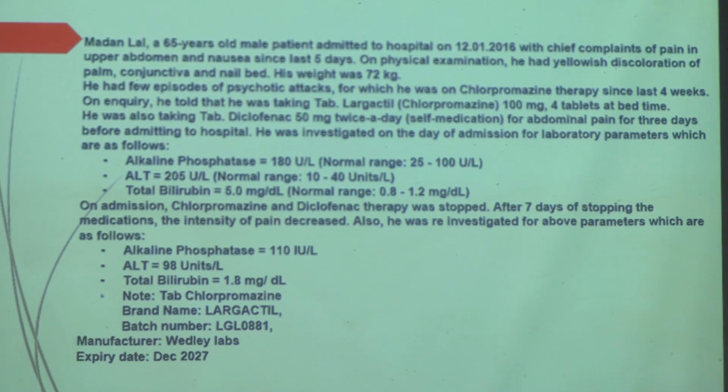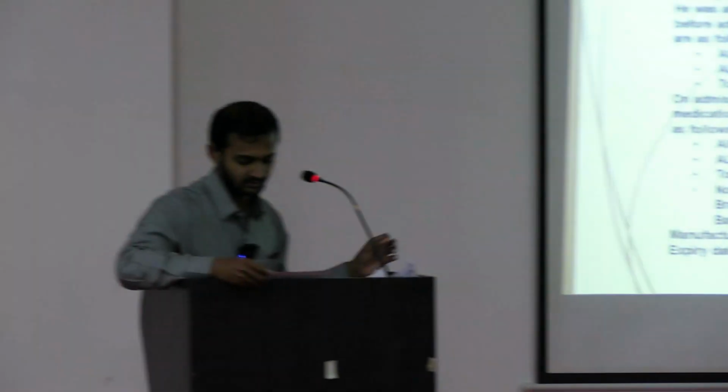How have I explained? First, whether the patient is taking any medication. For what is he taking the medication? Psychotic attack or psychosis. Okay. So the patient is a known case of psychosis and was under treatment, isn't it? And was taking the medication chlorpromazine. How much? Wait, what is the dose? 100 mg for 4 weeks, and also diclofenac 50 mg twice daily. That is the self medication. Okay. Then he took that for 3 days, isn't it? Then